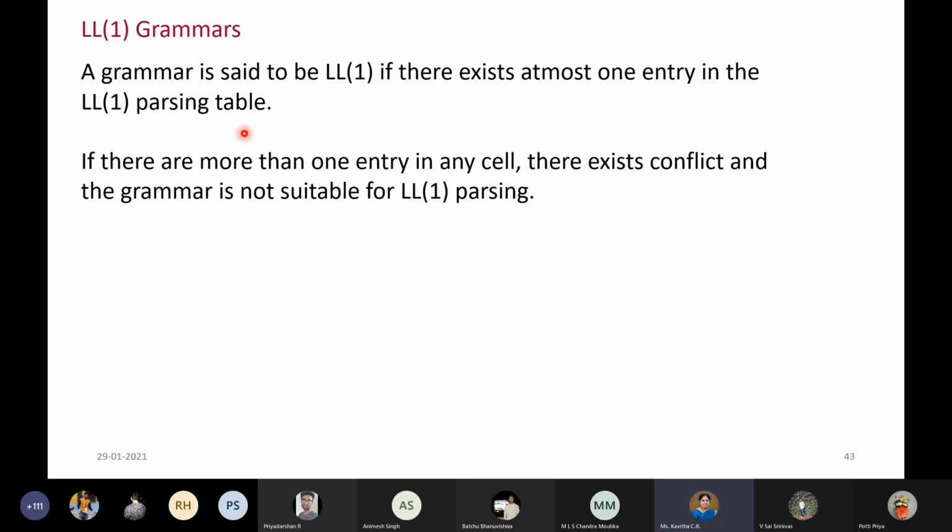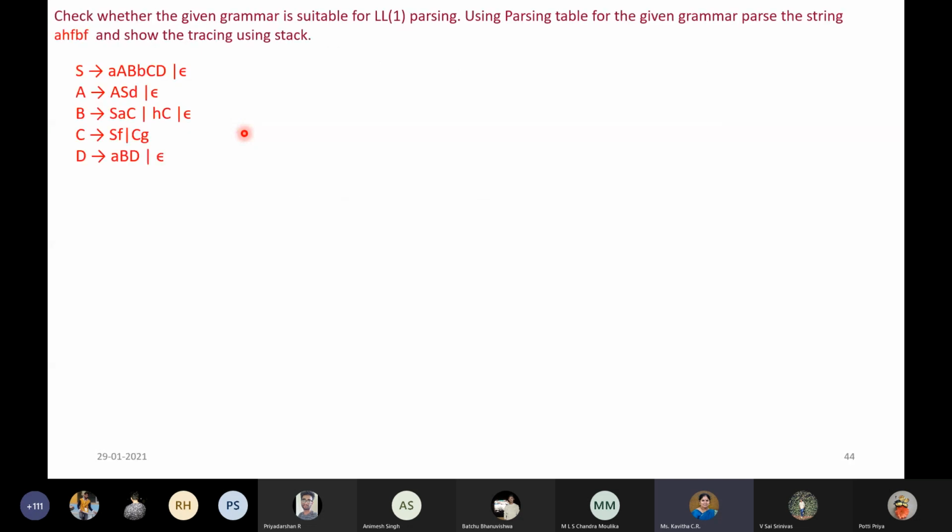Whenever the conflict occurs, Manasa will take rule number 3, Priya will take rule number 4, Vishnu will take rule number 3 once again. Like this it can happen, right? So we can't do that. The compiler cannot do that, isn't it? We will have to select a particular rule only at a particular point. We should not have conflicts while parsing. Therefore, we should not have any conflict if it has to be used for a particular parsing technique. So that is the definition of LL(1) grammars.